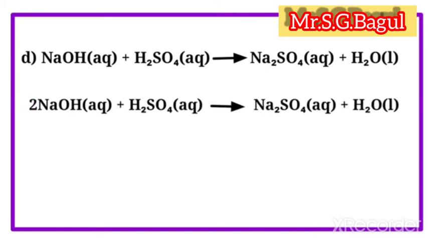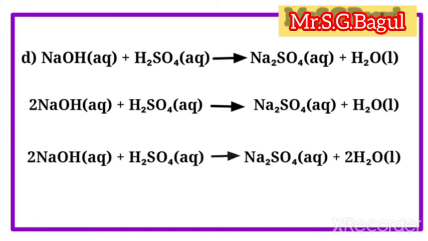Check whether the equation is balanced. The number of oxygen and hydrogen atoms are unequal on the two sides. First, balance H atom, so apply a factor 2 to the product H2O. We will get this reaction. Check whether the equation is balanced. Yes, the number of atoms of the elements in the reactant is same as the number of atoms of those elements in the products. So this is our final balanced equation.